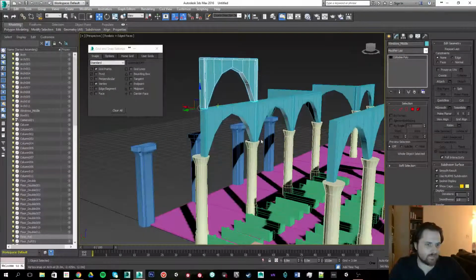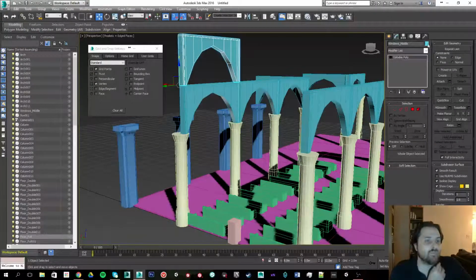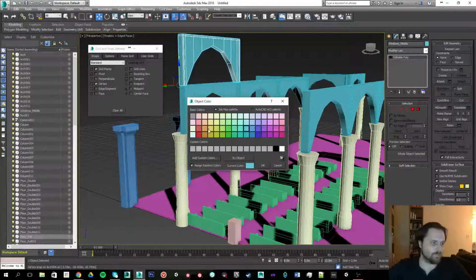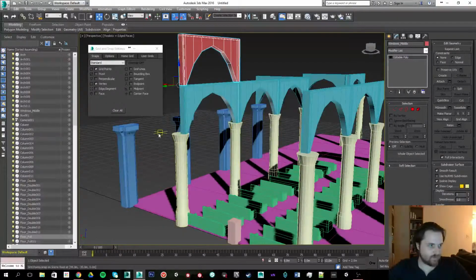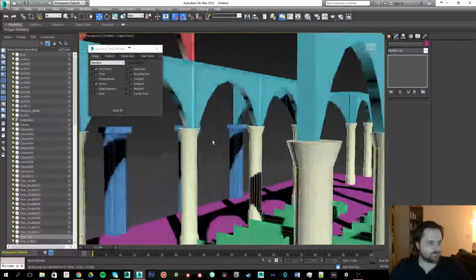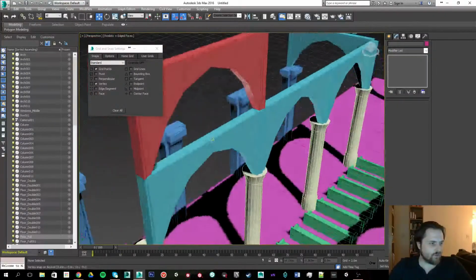And I actually want it to be a different color because I think it's going to be easier to manage that way. In Maya you don't really do this, but Max has these kind of debug colors that help you see what objects are the same. I'm going to click next to the name here, and I can find a color that works for this. I guess I'm going to pick kind of a red color. I think that would be fine. Okay, so